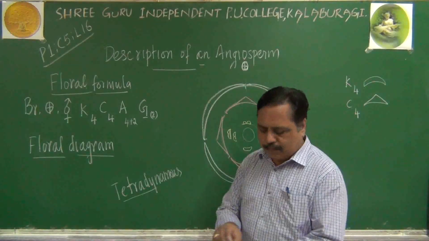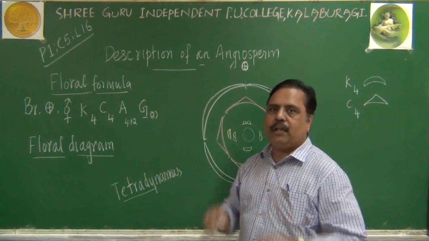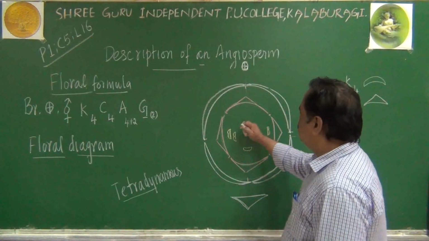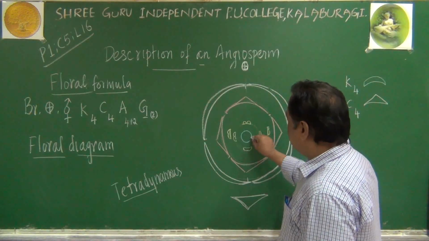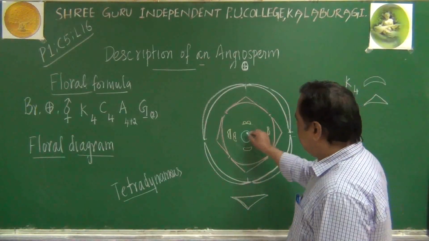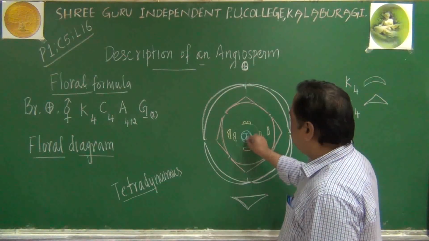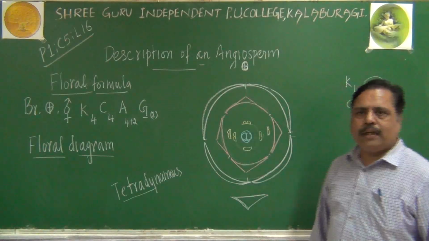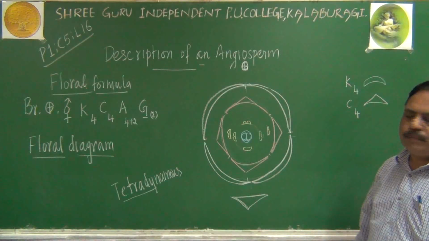What about gynoecium? Gynoecium is the innermost part. It has got 2 carpels, united carpels, superior ovary. Gynoecium, dear students, I will draw in the center here. This whorl indicates gynoecium. In this gynoecium, 2 carpels are there, I told you. This is one carpel, this is another carpel, we can draw like this. They indicate a bicarpellary gynoecium. So, you can get all the 4 floral whorls.